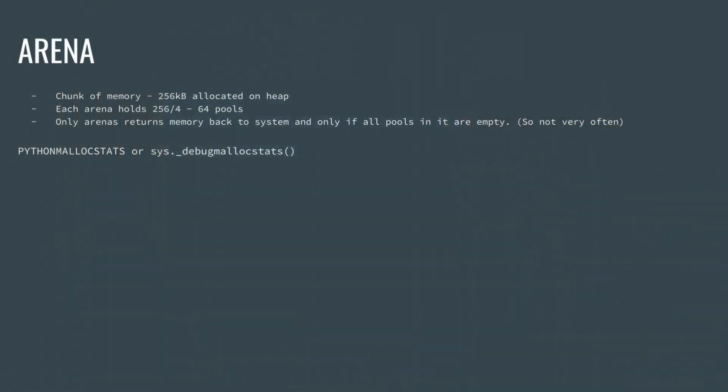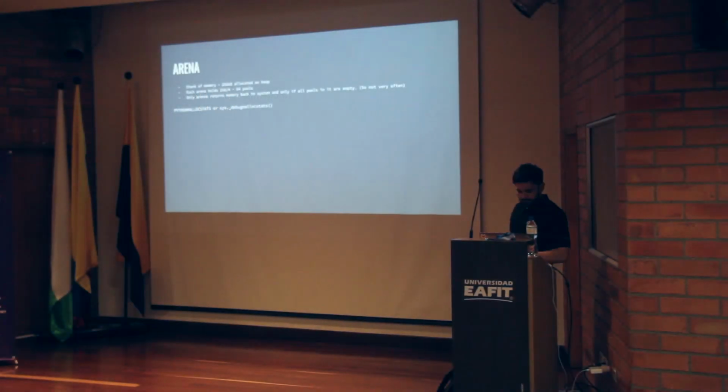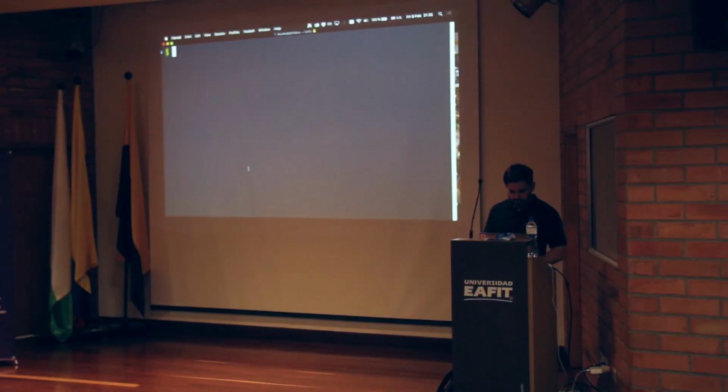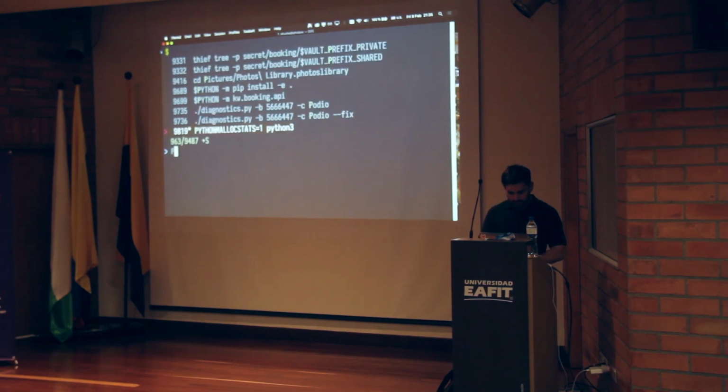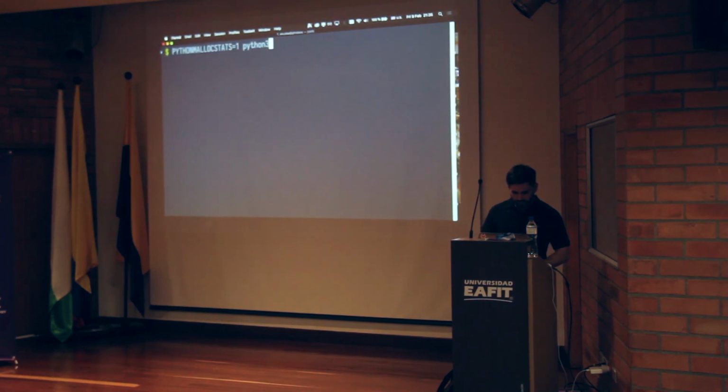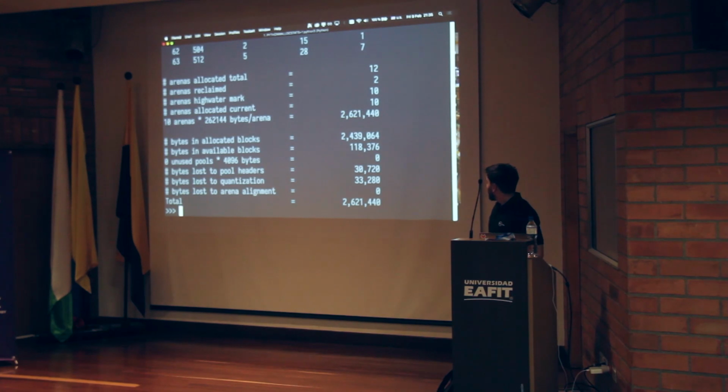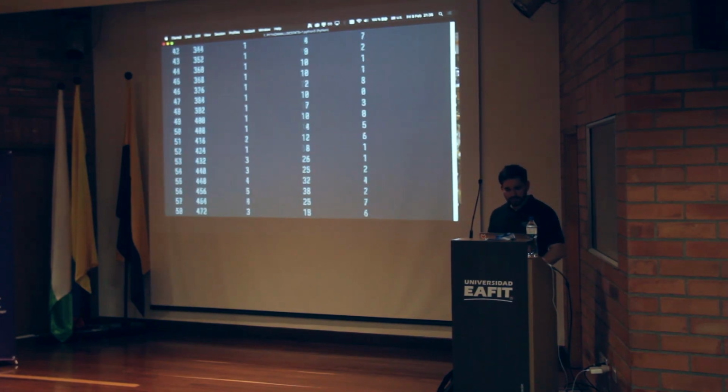These two things, the Python malloc stats or sys._debugmallocstats, this one I think is only in Python 3. This will show you how many arenas and pools and other things you are using. Did you notice how I ran it? I used it as an environment variable. I pass just one to enable it, and here you can see